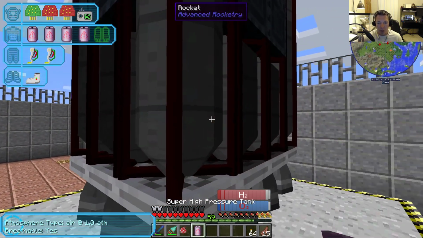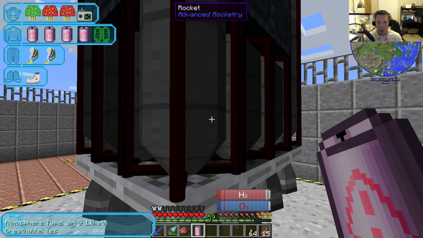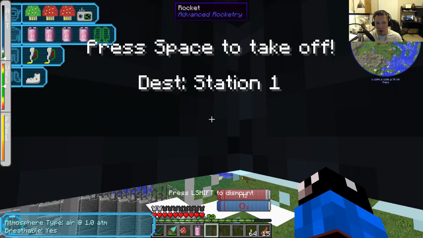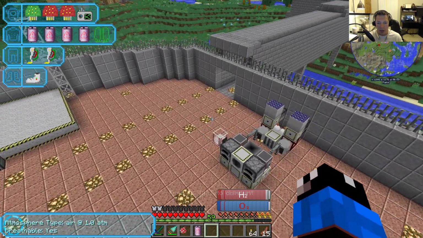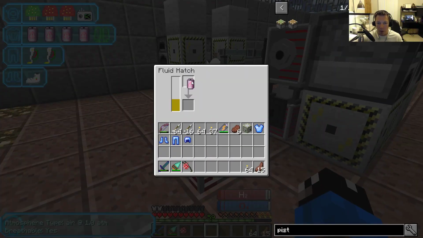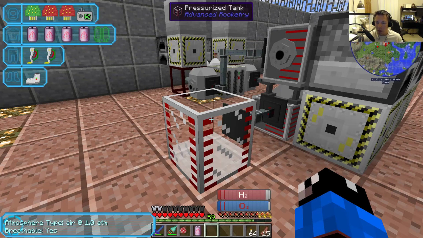Well, let's go ahead and fill this guy up and get ready to go. And I think this goes 8 times. And yep, that's empty. And we're full. Okay, so let's fill that guy up, and then we'll be on our way back to our space station. And I kind of want to do a little bit more on our space station, because I want to get an